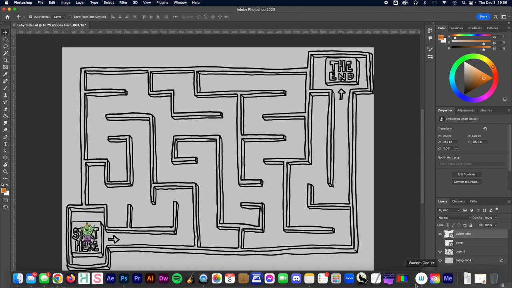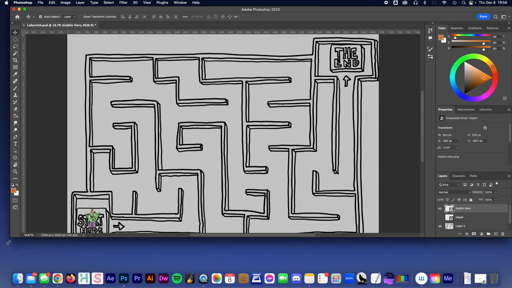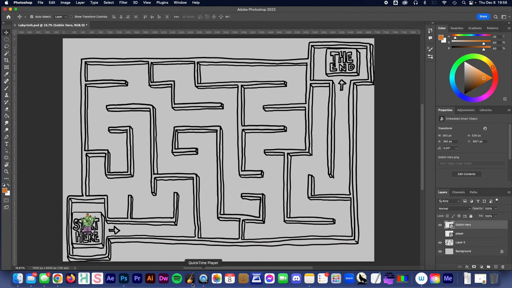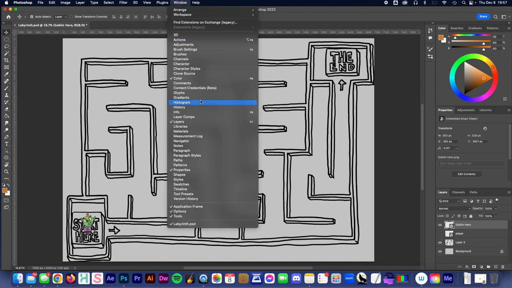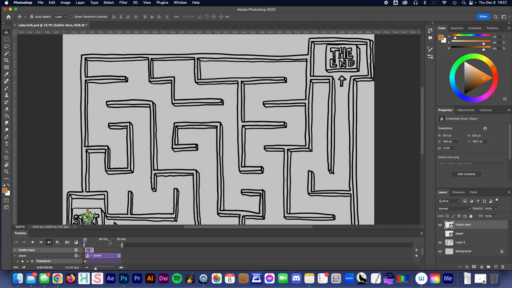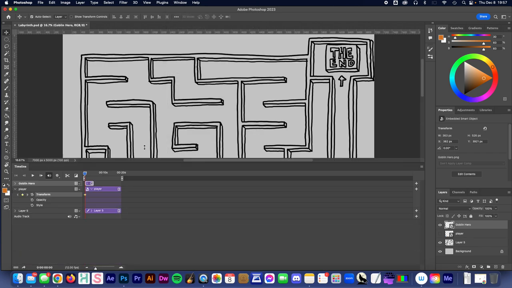I am going to change the size of my Photoshop here just a little bit so that I can see the bottom there. I want this dock to be down here. Okay. Because we're doing some animation, we always need our timeline window. So I'm going to go up here to my menus, find the window button, alphabetical down at the bottom, timeline. I'm going to click on that, and my timeline shows up